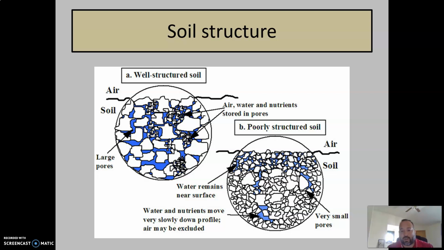If you have poorly structured soil, so like how could you have poorly structured soil? Well, one easy example for us is compaction. So if you get vehicles on a road, or you get a lot of cows or people walking through a specific area, then the soil becomes poorly structured. The pores are small. There's not a lot